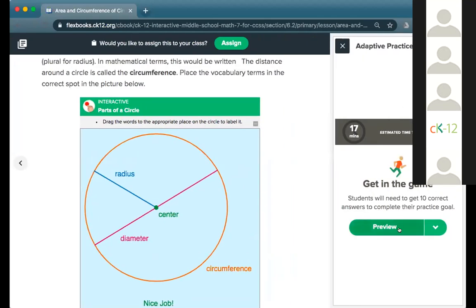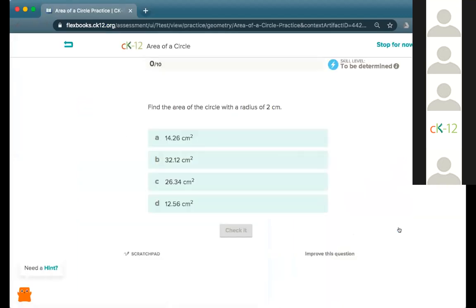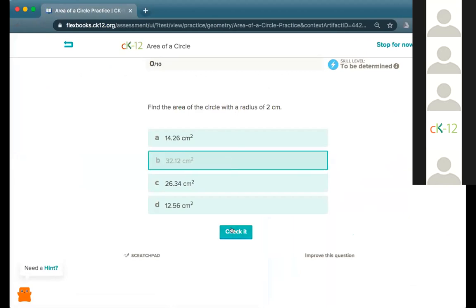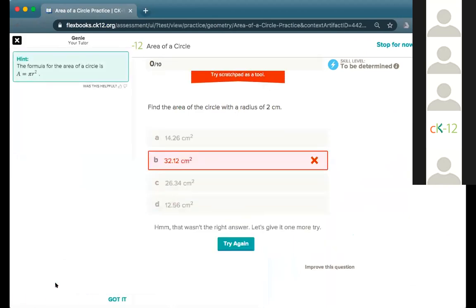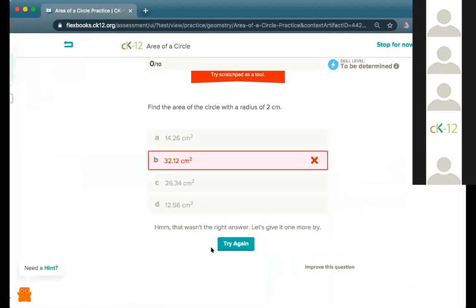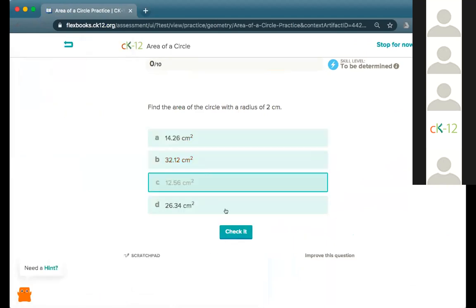And you as a teacher can preview it. Students would just see start practice, but when I click preview, I'm dropped into the same environment my students are dropped into. I could go ahead and check something. If I don't get it right, maybe I need a hint to help me out from here. So I can go ahead and check that. I can try again. Check that out. If I get it right, I'll keep going. And as I go through here,